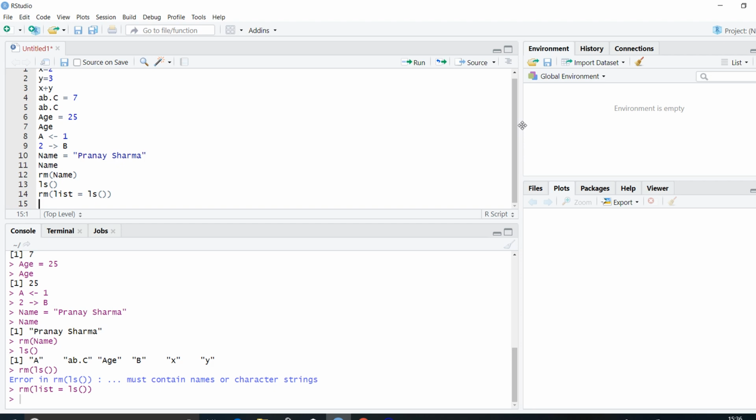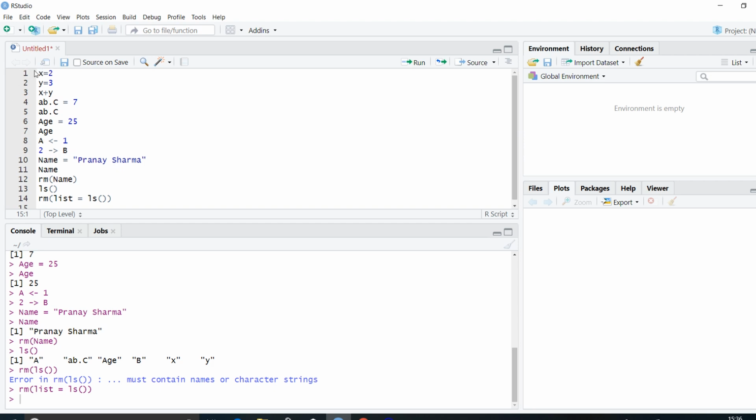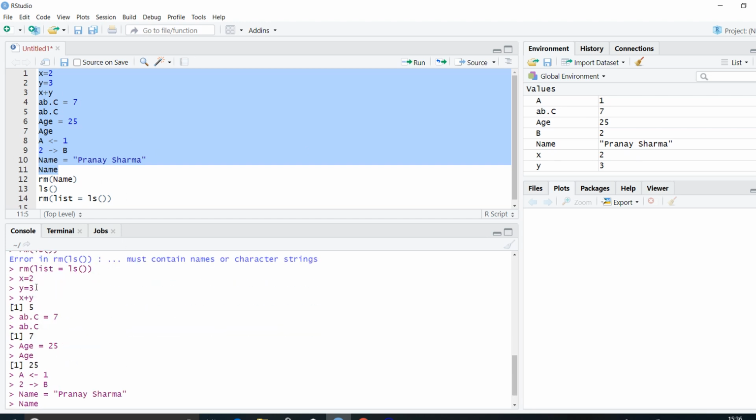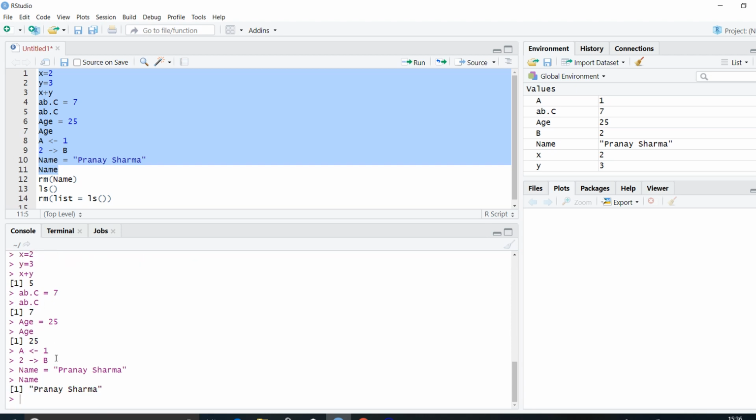So either I can remove one single object, or I can remove multiple objects. I'll do one thing, I'll again enter all of these values, and I select all of these codes and press Ctrl Enter, and you can see it runs all of these code lines one by one, and I have all my values here.